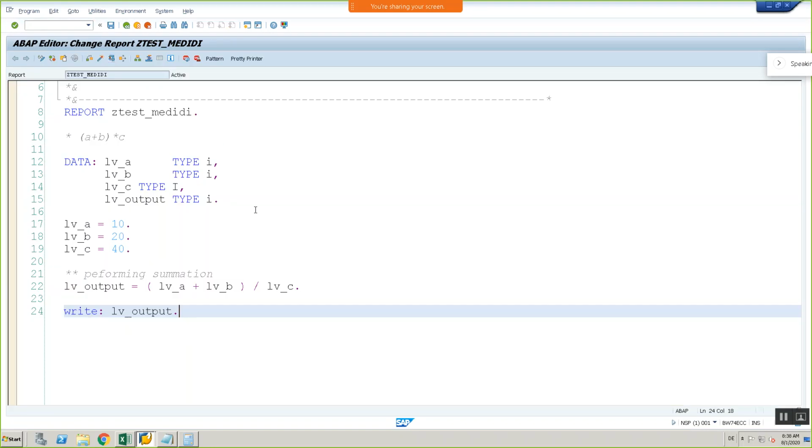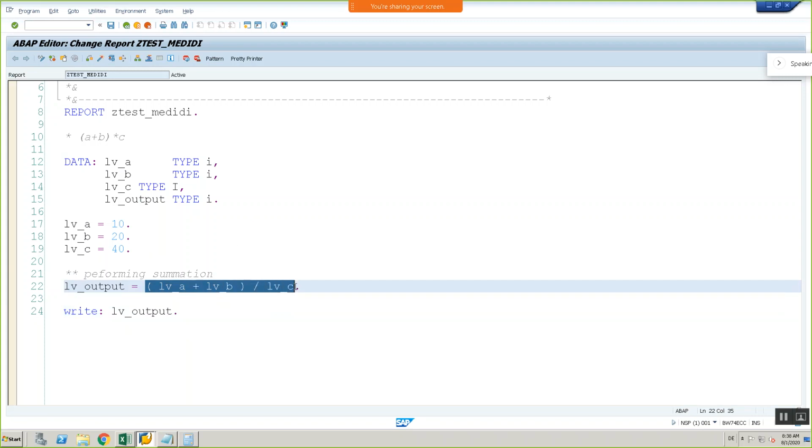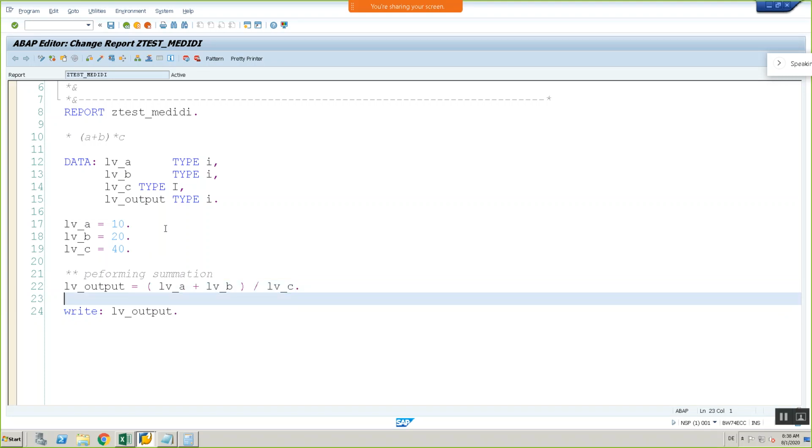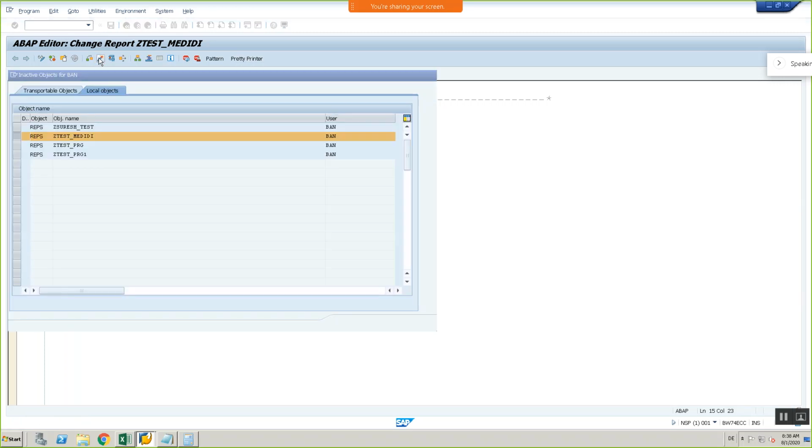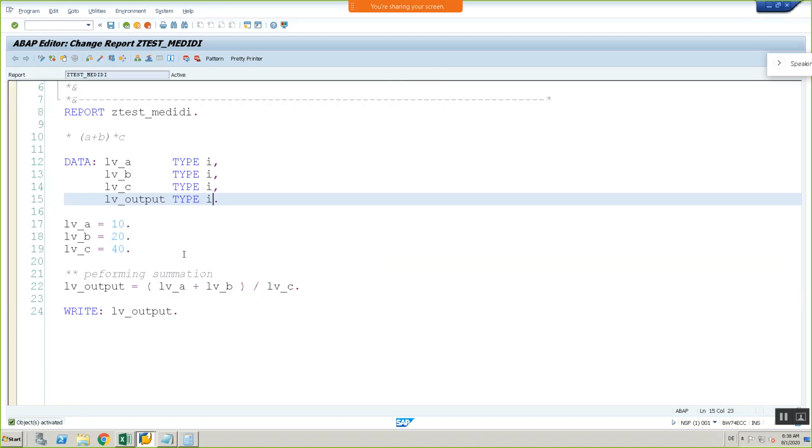So why it is 1 means: the output of this one we are saving in the lv_output variable, and this lv_output is of what type? Integer. Can an integer save a decimal value? No, right? So an integer can't save a decimal value.